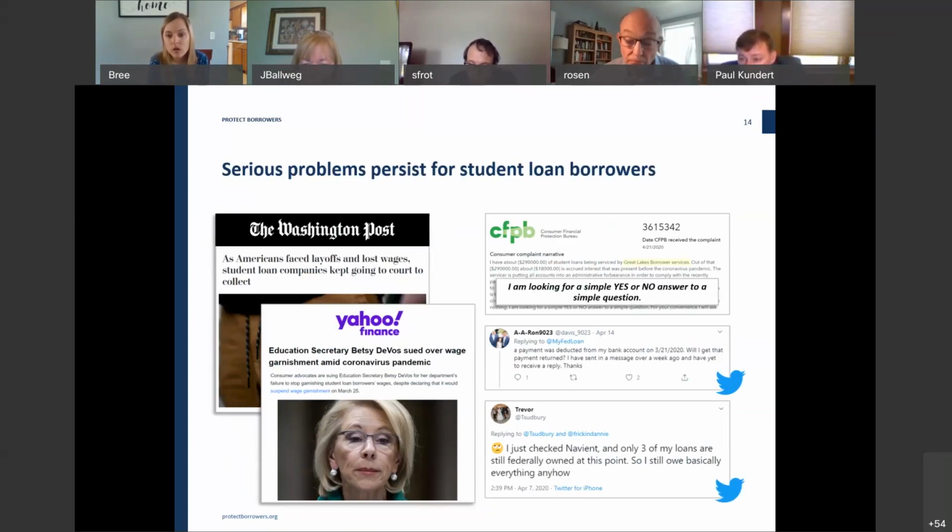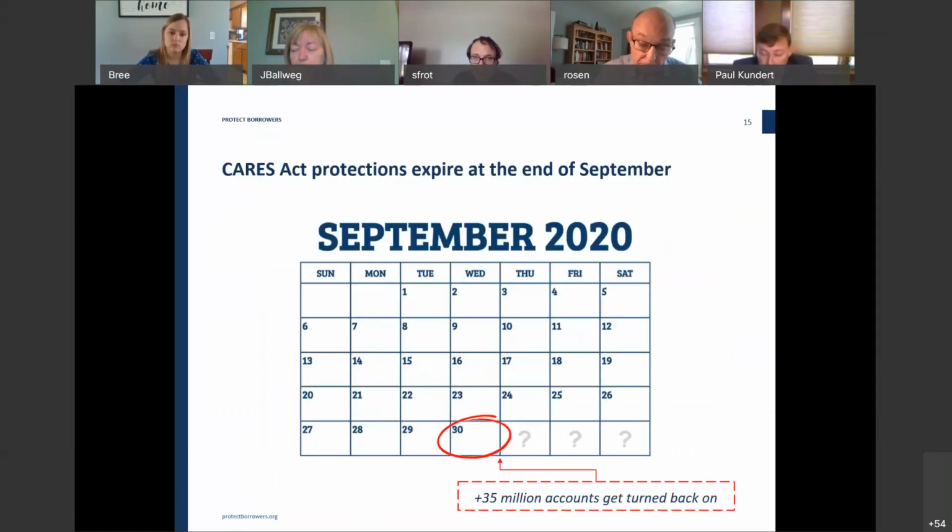If you look on social media at all, you see borrowers just struggling to access the pause or the credit protections. And then again, private student loan borrowers are just really struggling. We saw private student loan companies still going to court to get collection lawsuits, still collecting, and some suspect practices. But I think the most important thing for you all to keep in mind is that September 30th isn't